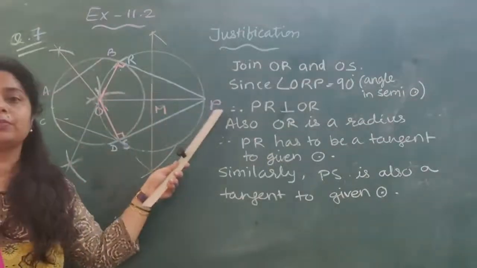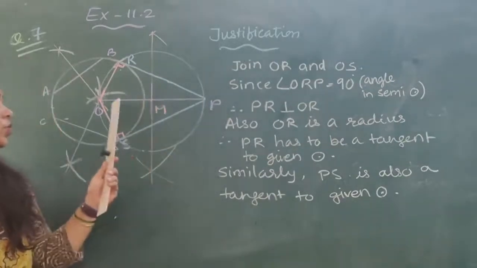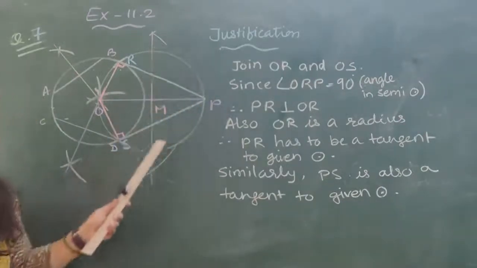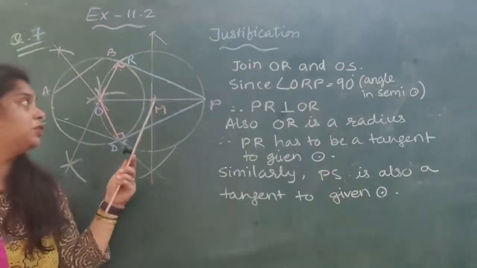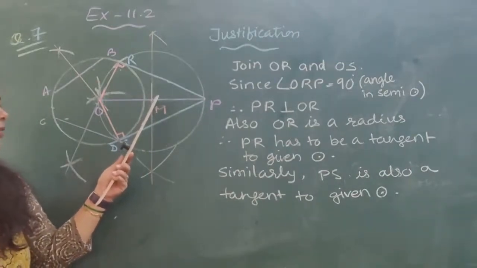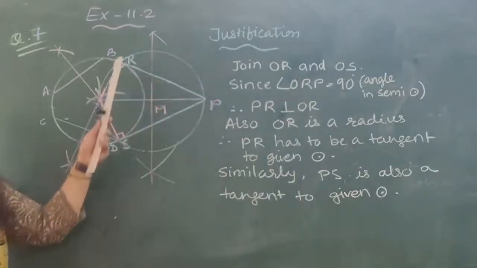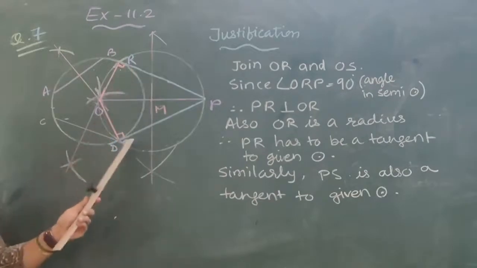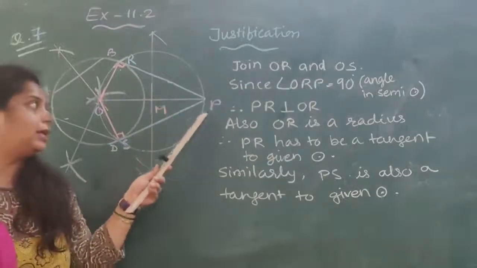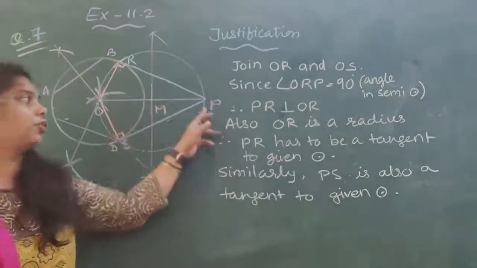Next step, take a point P outside of the circle, and join OP, where O is the center. Next step, draw the perpendicular bisector of OP which will give you the midpoint M of OP. Next step, with center M and radius OM or MP, draw a circle which intersects the earlier one in two different points R and S. Last step, join PR and PS. And finally, therefore PR and PS are the tangents to the circle from point P.